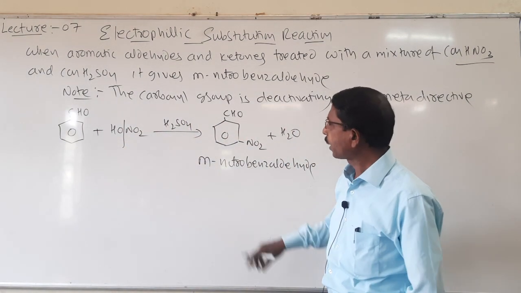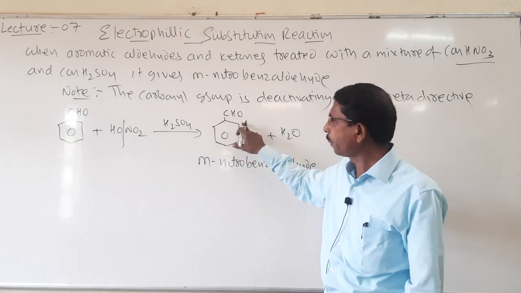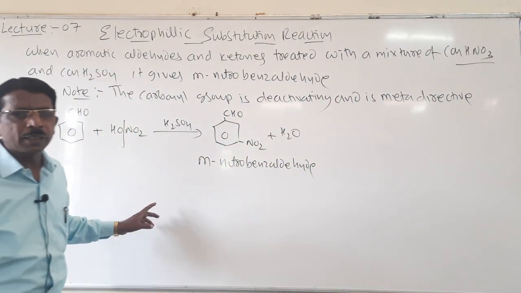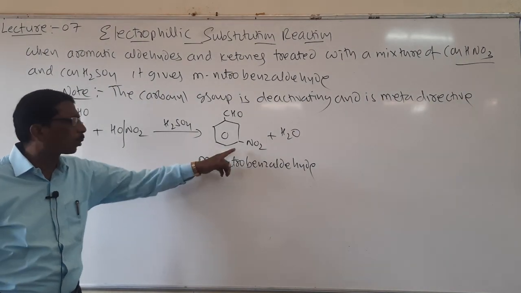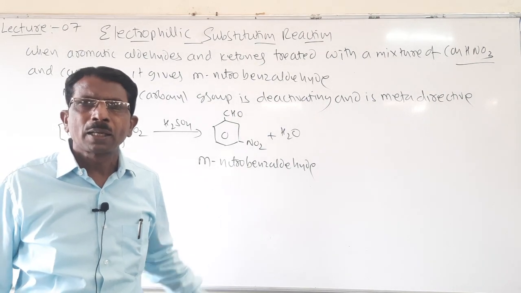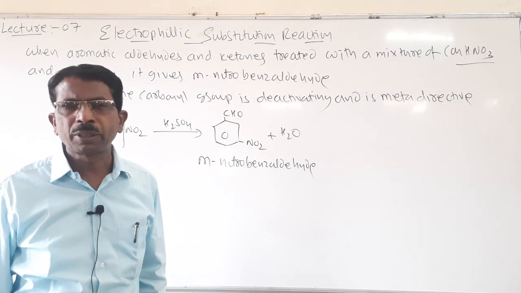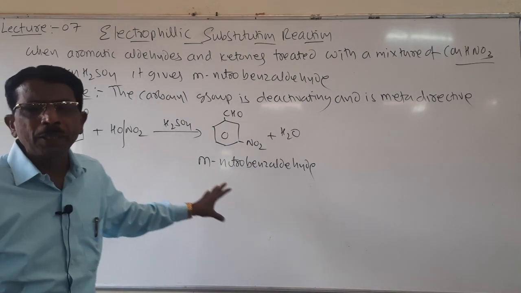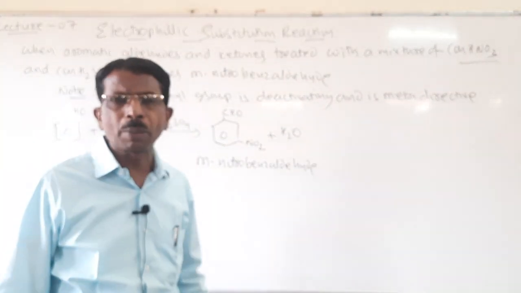So remember here the carbonyl group present on the benzaldehyde acts as a deactivating group and it directs the incoming group to the meta position. So in case of benzaldehyde and carboxylic acid, the meta position is electron rich. So here it is the electrophilic substitution reaction. This completes all the aldehydes and ketones preparation and properties.